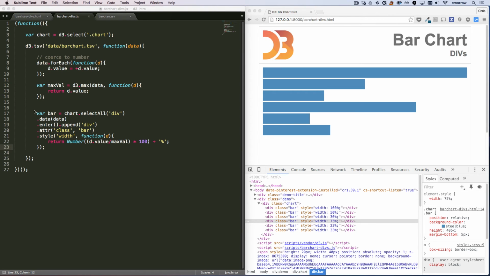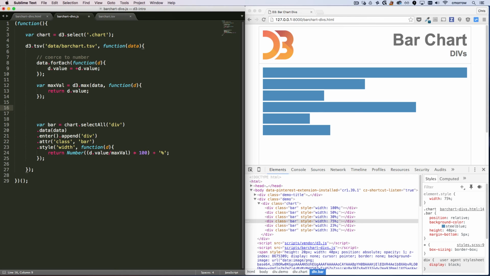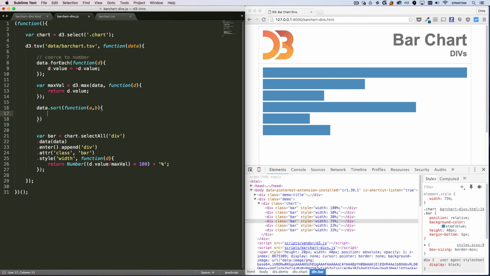So all we need to do is sort our data before we start appending our elements. So I'm going to call the data, and then there is a sort option on that data. And this is pretty much exactly like you would do it in just standard JavaScript with a sort where you pass in 2 parameters, and then you return a value minus the other value. So in this case, we're going to do minus second value minus,